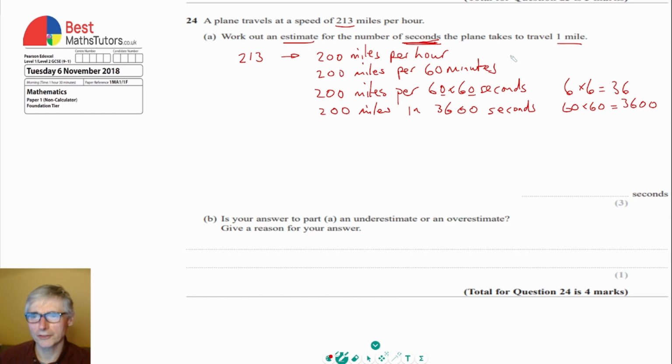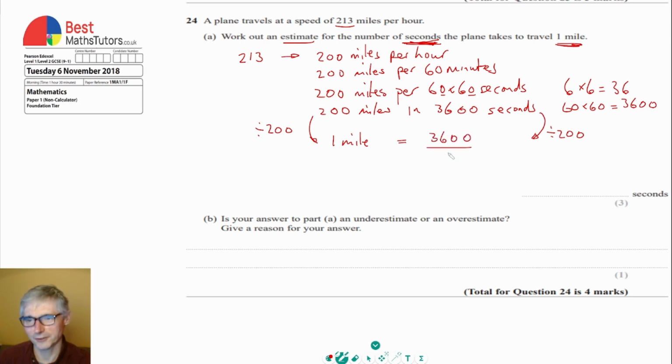So now we're getting close to the answer. We want to know how long in seconds it will take for the plane to travel 1 mile. So we've got to go from 200 miles to 1 mile. And to do that, what we would have to do is divide by 200. So we also have to divide the number of seconds by 200 on this side as well. So our answer is going to be